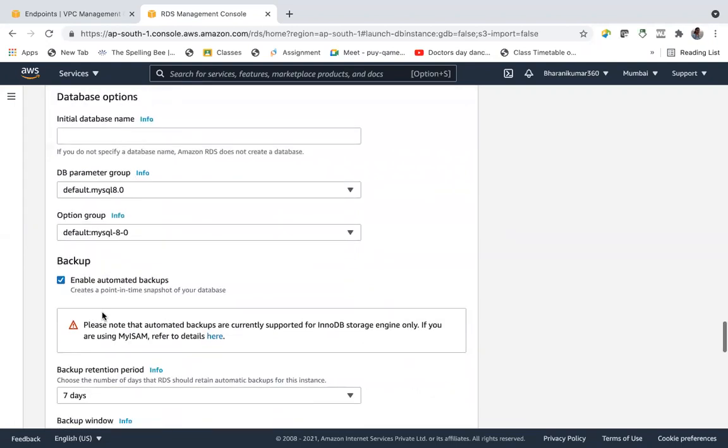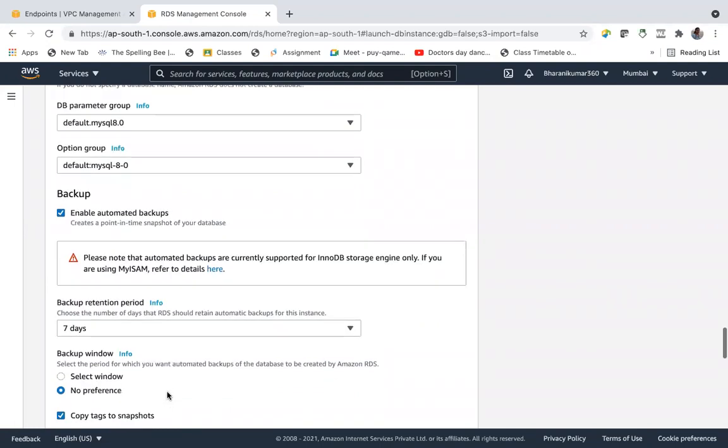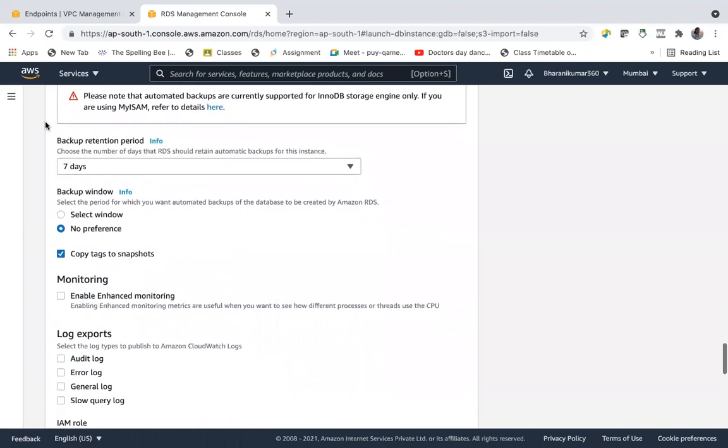And then backup. By default, automated backups are enabled. If you want to customize, or if you don't want a backup plan, you can disable it. Suppose the automated backup plan is enabled, then we have these options which you can customize.